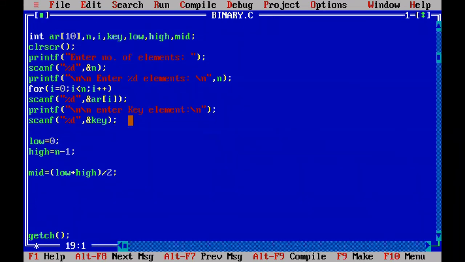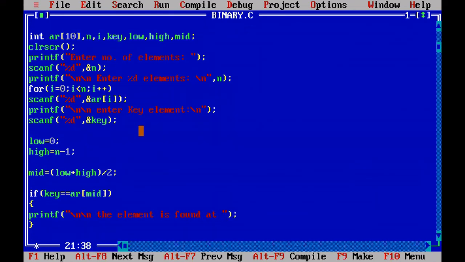When you know the midpoint, then you check whether the key value is equal to the AR of mid value or not. If it is equal to mid value, then immediately you print that printf the element is found at the position mid.